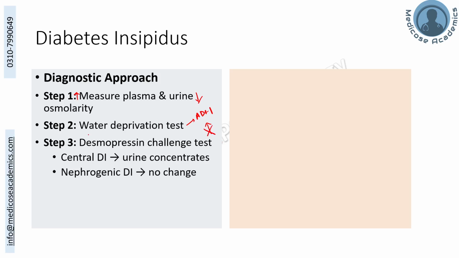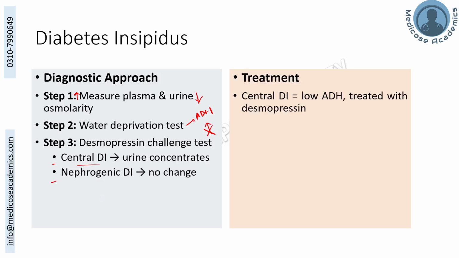On the third step, you can undergo desmopressin challenge test to differentiate between the central and nephrogenic diabetes insipidus causes. Desmopressin is a vasopressin synthetic analog. If given, it increases the urine osmolarity in patients of central diabetes insipidus who are lacking the ADH, but the urine osmolarity does not change in those people in which the problem is at the receptor level, that is nephrogenic diabetes insipidus. Treatment of central diabetes insipidus includes